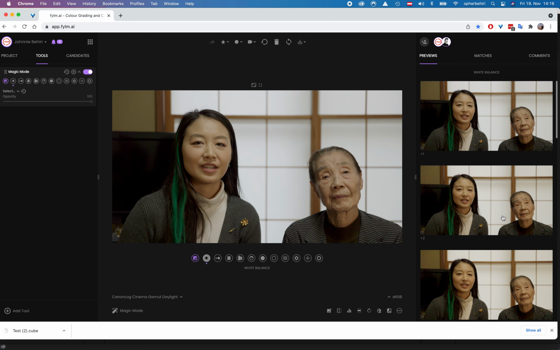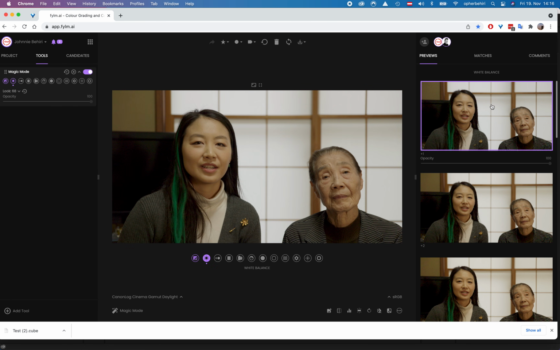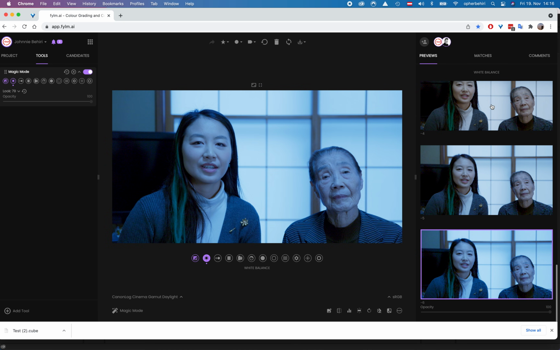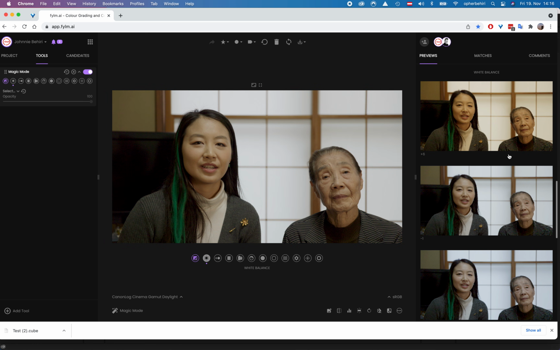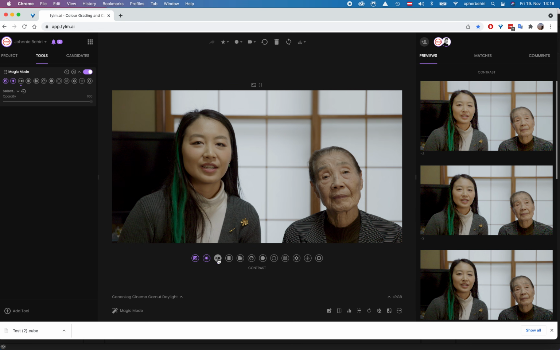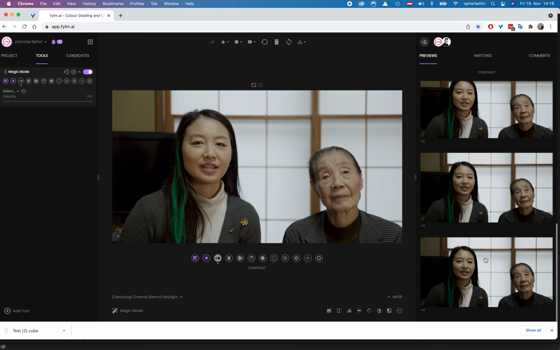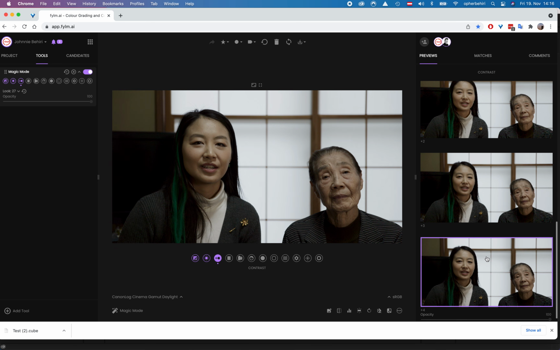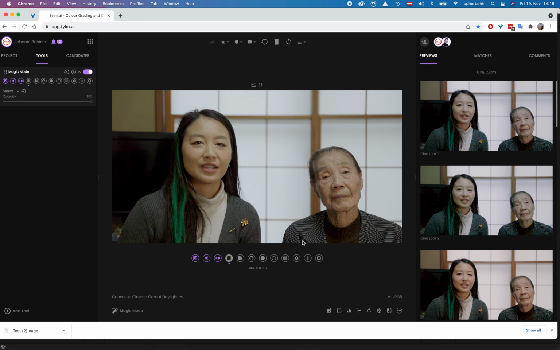Next thing is white balance. Again, I have a very wide selection of different color temperature settings. That was the original. Maybe I would like to keep it a little bit cooler. Then I go to the contrast. I have full control of the contrast. And now the magic will start.